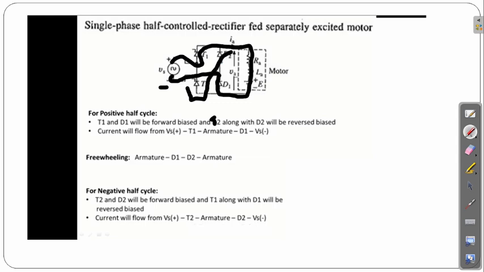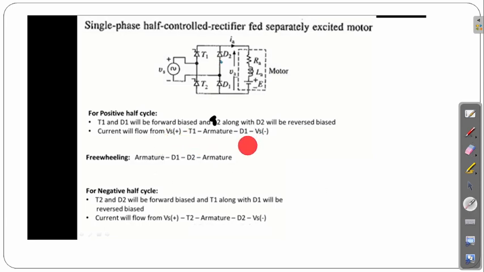Then this one will be connected with D2. Likewise, the flow will go. The current flows from Vs positive to T1, armature, D2, Vs negative. Then there is a freewheeling path through the armature and the diodes, because see here,